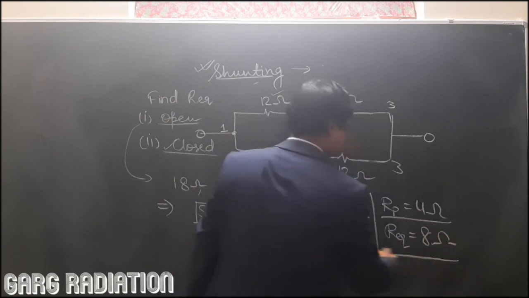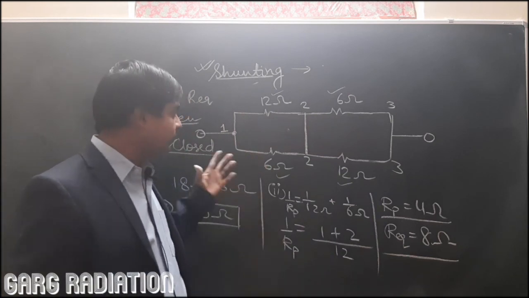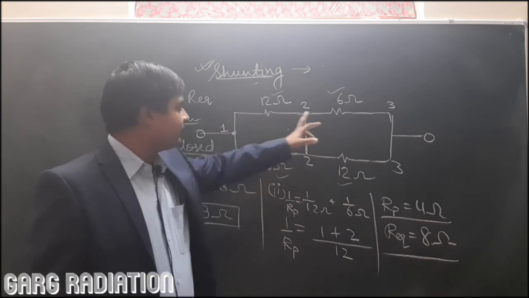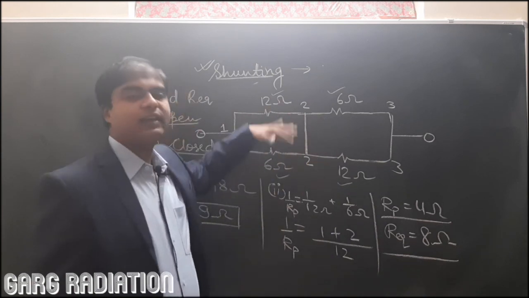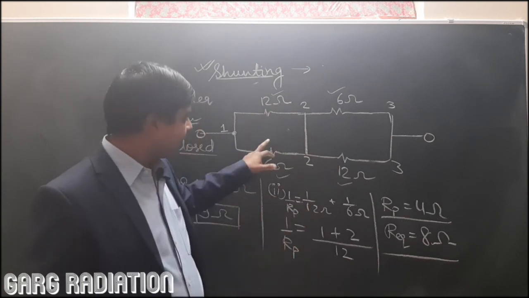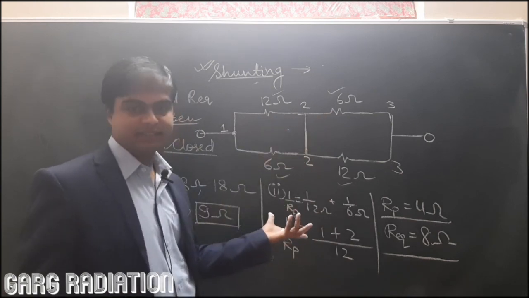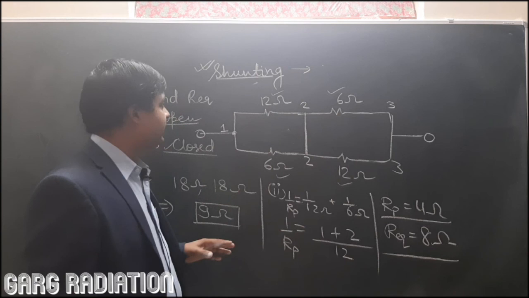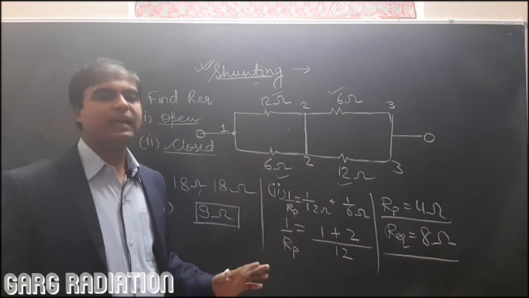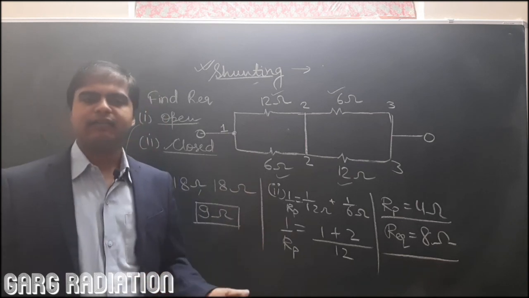So this is how shunting affects the R equivalent entirely. Not only does it affect R equivalent, it is also changing how they are connected. See, they were in series, and then their equivalents were in parallel initially. But shunting does what? It makes them parallel first, and then their equivalents are in series, and that's why R equivalent changes. Yes, so this is the effect of shunting. I hope you have understood. Many similar types of questions may be asked, but once you have understood the concept, you can redraw the circuit and find R equivalent anytime.